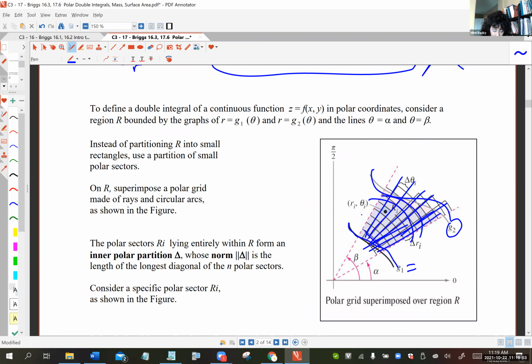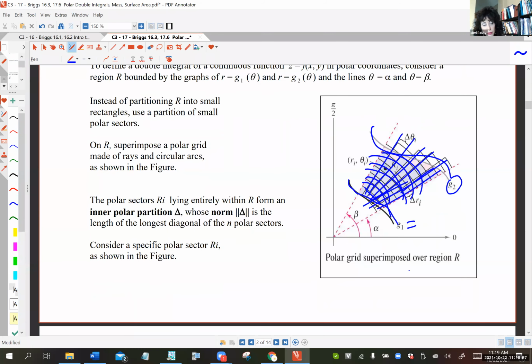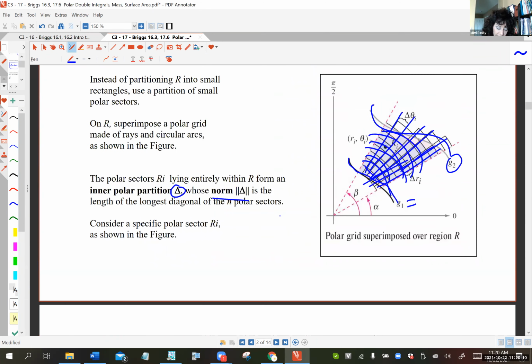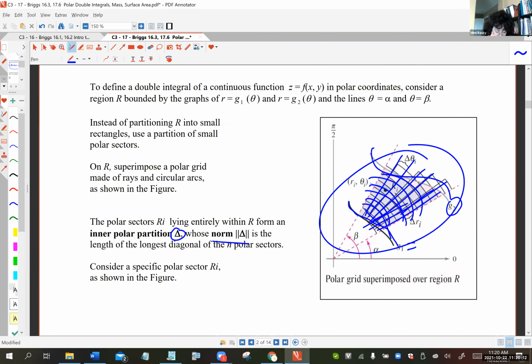They're polar sectors, sort of pseudo rectangles. So that's going to be called our inner partition. We're going to name it delta, and the norm of the partition is the length of the longest diagonal of one of those little itty bitty polar sectors. Now, what's the area of this? And what I want to do now is sort of consider